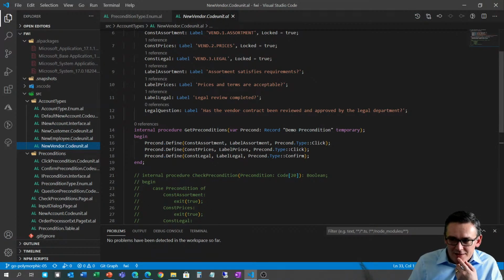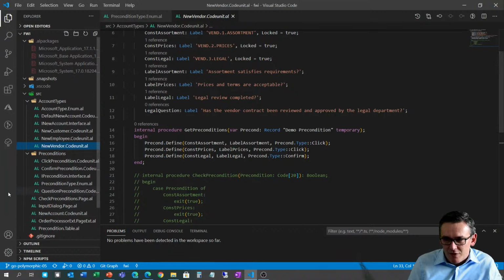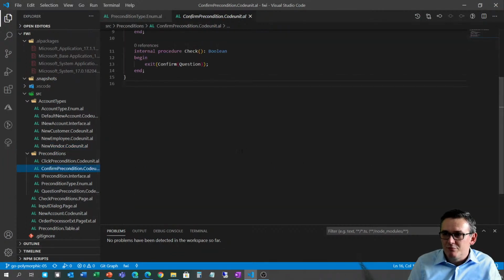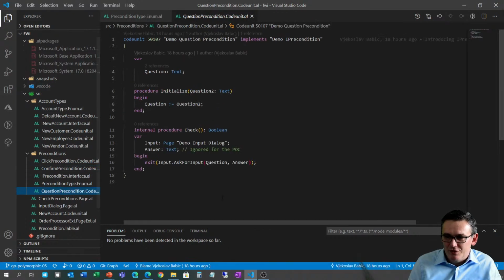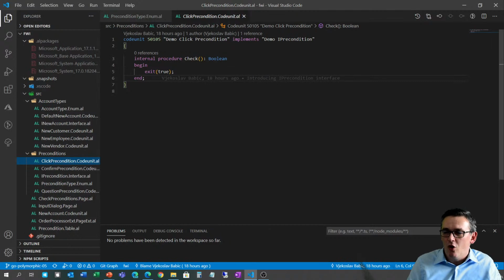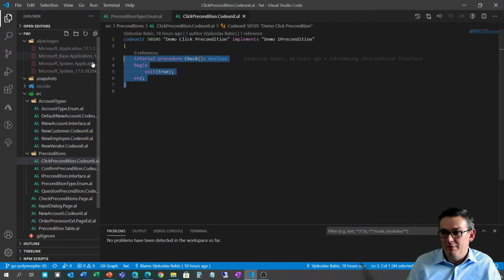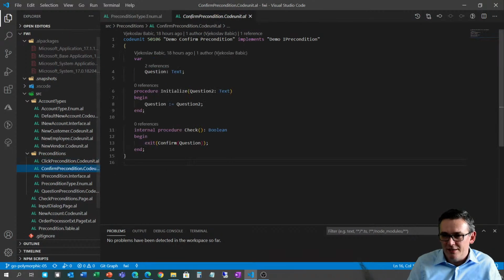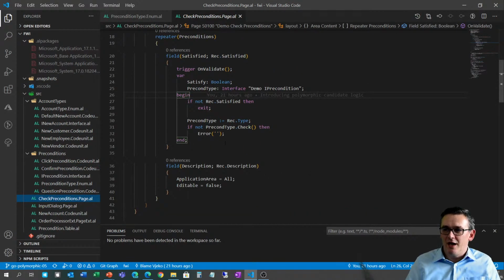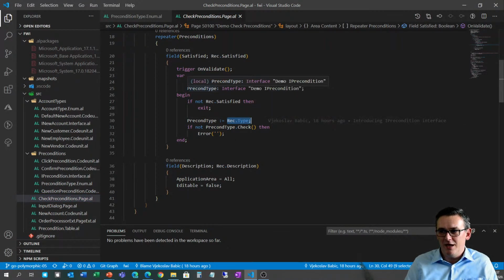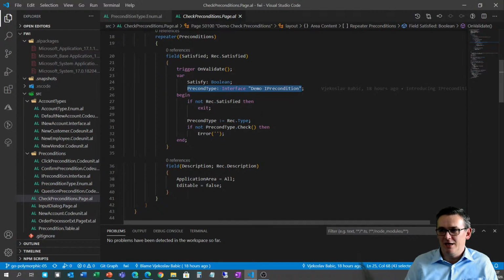Then what else have I done? Simply, if I look into my preconditions, I have confirm precondition code unit, I have question precondition code unit and click precondition code unit. All of them implement this iPrecondition, have a method called check, perform whatever they need to do, and return their result to the caller. And then from my caller, what I have done here is I have used record.type, which is of enum type, and I have assigned it to this interface. And I call this check on this interface. And then when I run this,